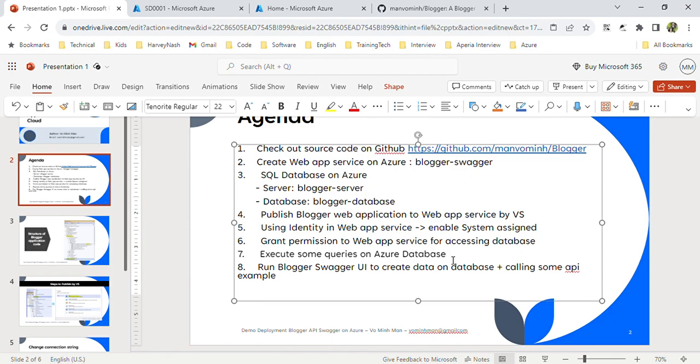And at the last step, I will run the Blazor Swagger to create the data on the database, because the Blazor Swagger is using Entity Framework Core code first, so the data will be generated automatically when having the first request to it. After that, I will call some APIs for example. Okay,